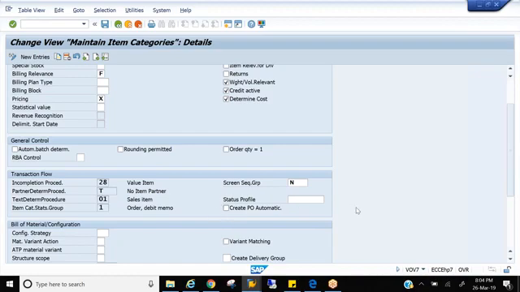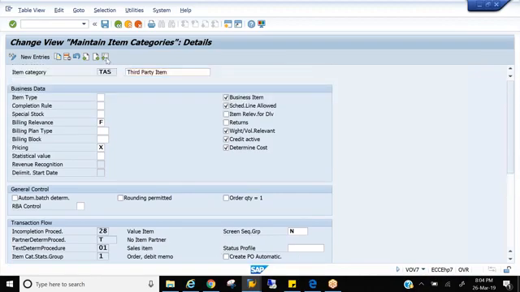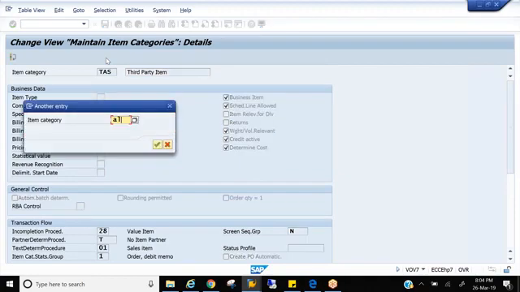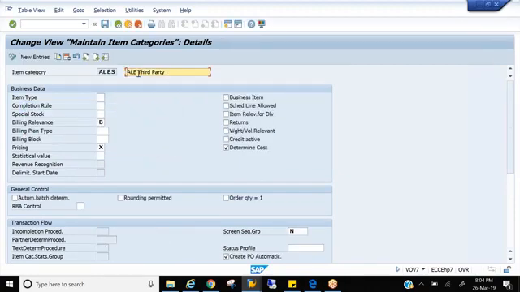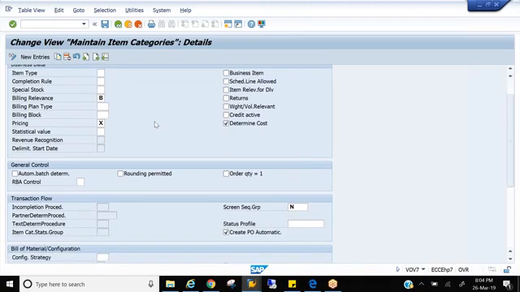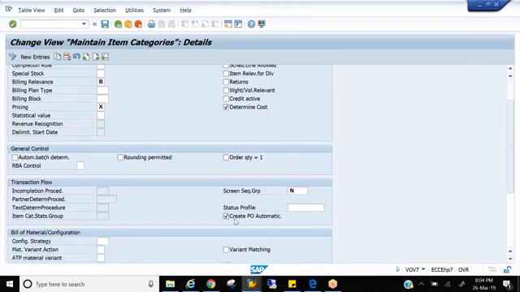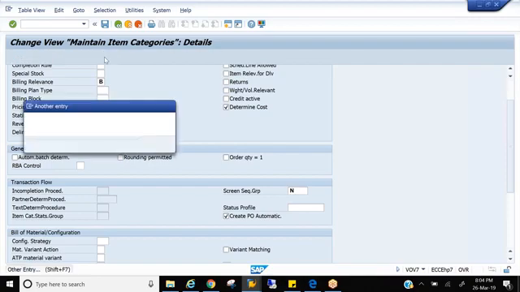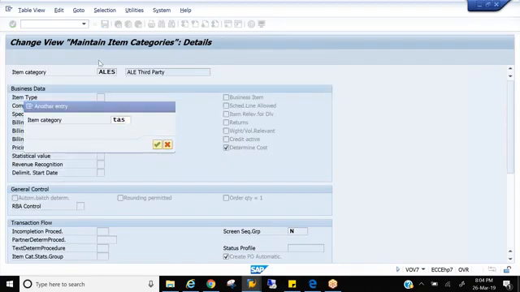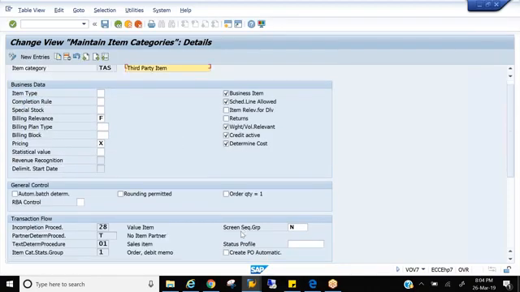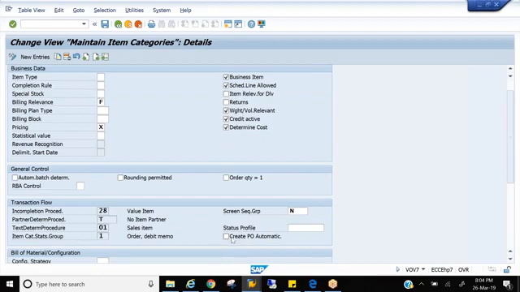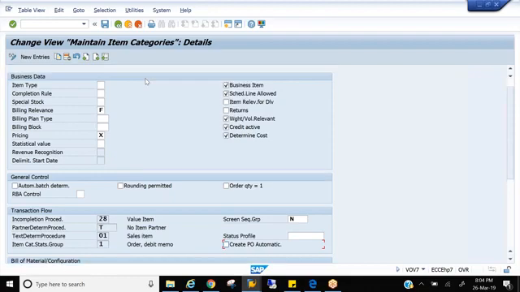So what is the other item category we use in real time? That is called ALES, third party. For this, the create PO automatic would be activated by default. But for TAS, it will not be activated because we don't use this in real time for automatic. For automatic, we use only ALES. This item category TAS we use for the manual.